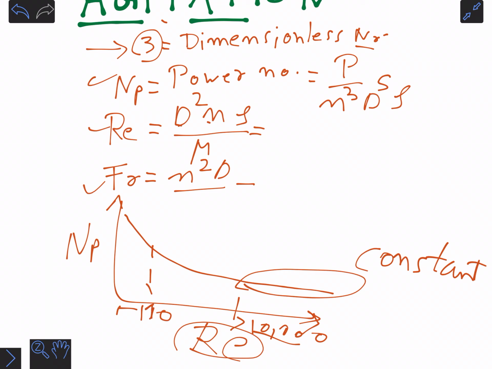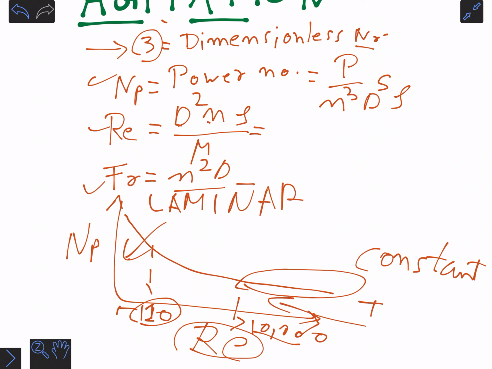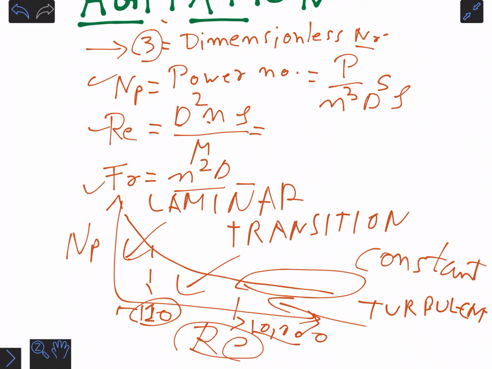And when Reynolds number is less than 10, this is the laminar region. This is the laminar region when the Reynolds number is less than 10, and when the Reynolds number is greater than 10,000, this is the turbulent region. So in between there must be a region that is called the transition region, when our flow will change from laminar to turbulent. This is the transition region. Okay,